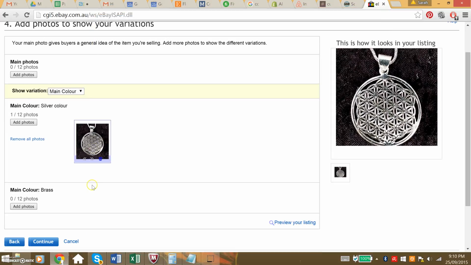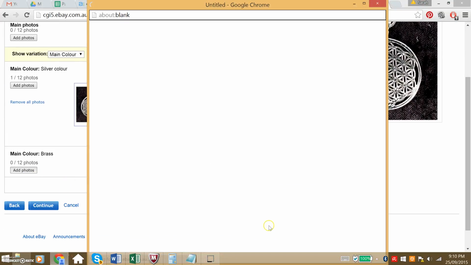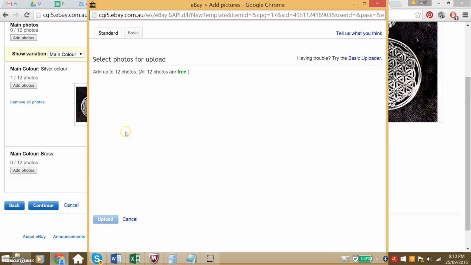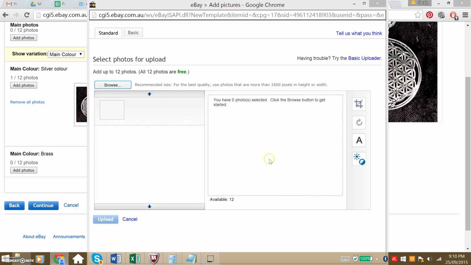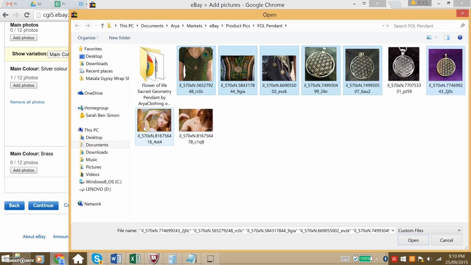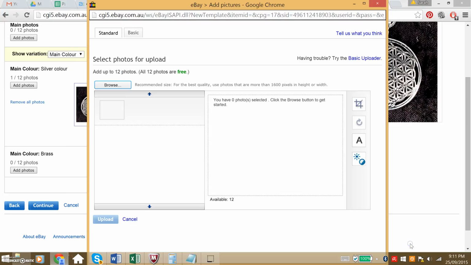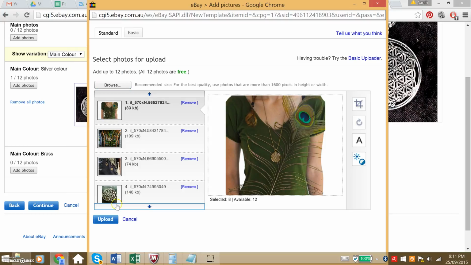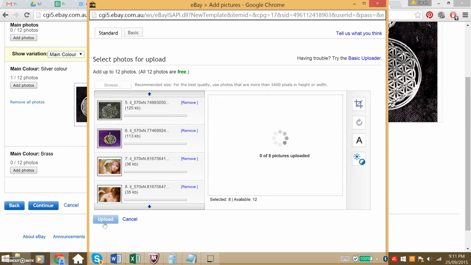It does it pretty quickly. And now we can add up to 12 photos of the brass, which is awesome because it's lots of wiggle room. So we've got 1, 2, 3, 4, 5, 6, 7, 8. Okay. And let's upload these. And I think it's actually going to repeat